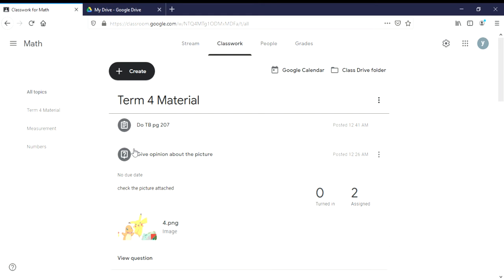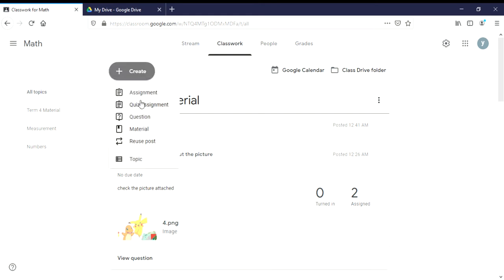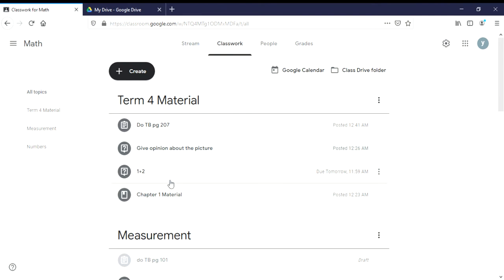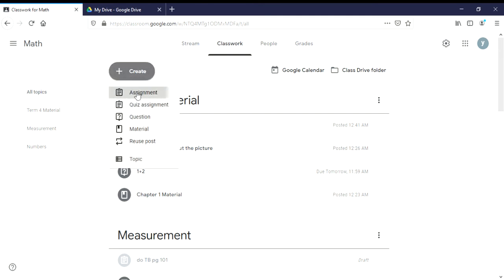But for the assignment itself, the students will not be provided with any space for them to type in something. So what they will usually do is attach something. They can attach a picture, a file, or a video. So you can be creative with how you give the assignment.